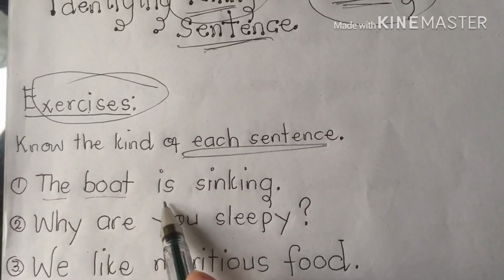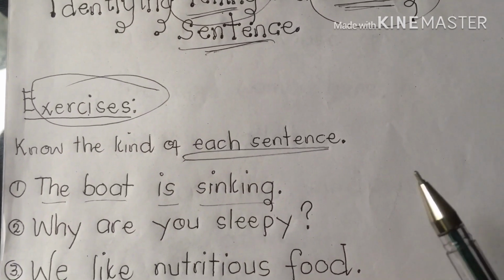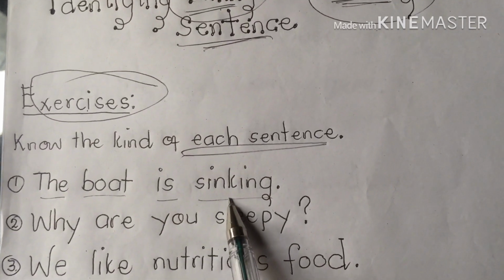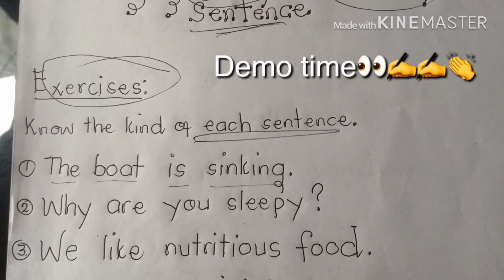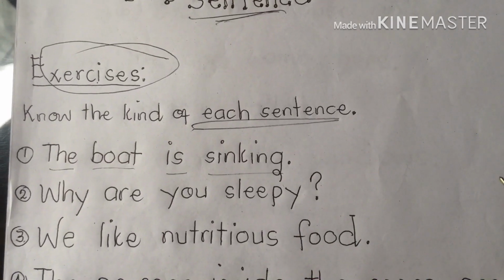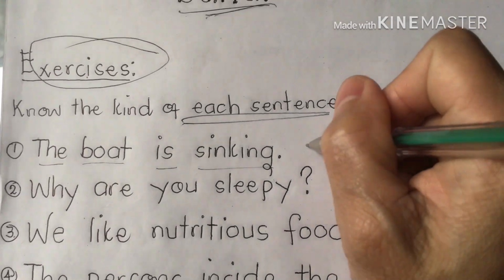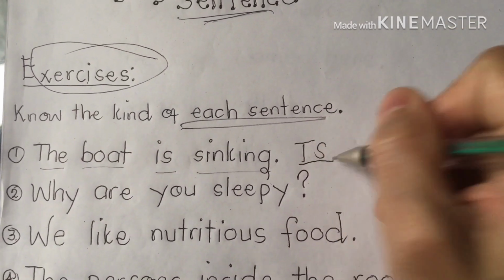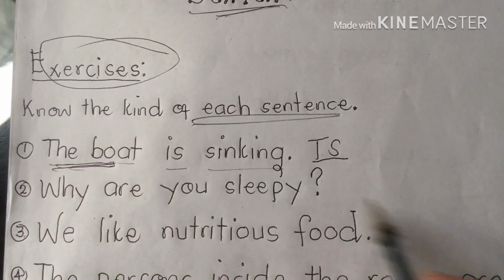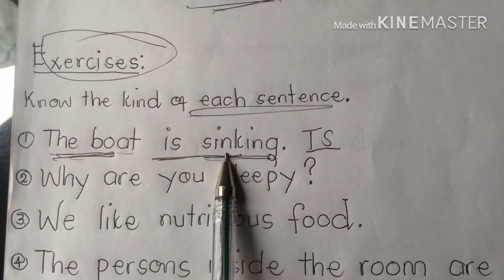The boat is sinking. That means, class, when we identify the first sentence, the boat is sinking. From the word sink, it means drowned, something like that. For example, they can encounter that the weather is not good. That means the reasons. So in our sentence, we can identify that this is a T-S, meaning telling sentence. It tells about the boat. What happened to the boat? Is sinking. Our subject is boat and our predicate is sinking.